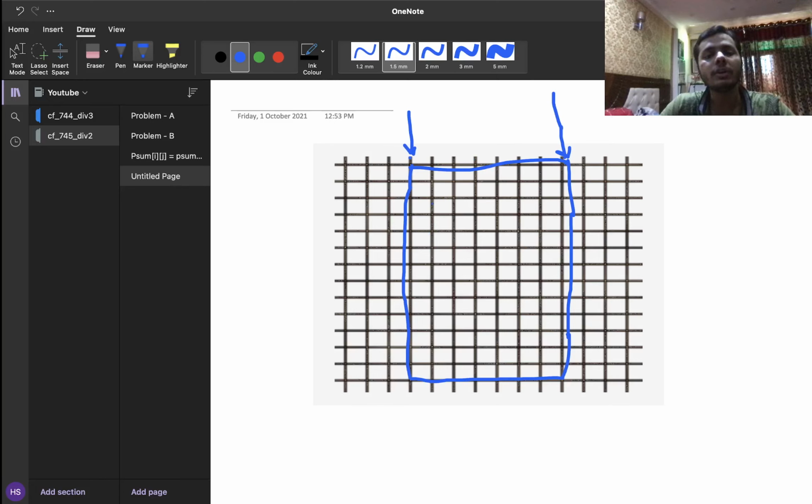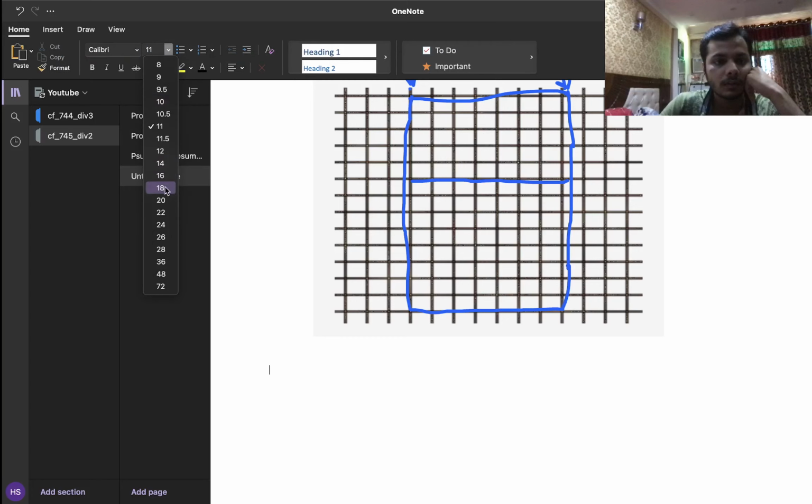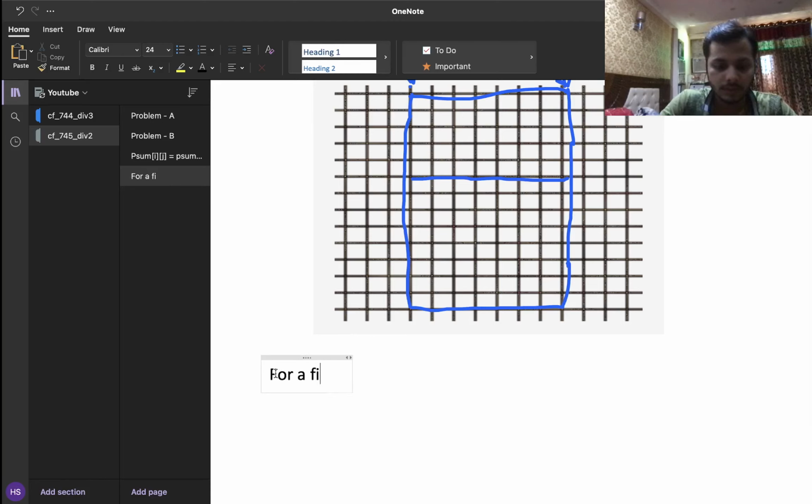So the third thing I'm going to do is iterate on my base row, right? Whichever subrectangle I am at, it will contain a bottommost row, right? So right now let me fix the row as this. Okay, so I have a row, and as I said, I'll be doing a DP here. Okay, well and good. So for a fixed L and R, I will make a DP array.